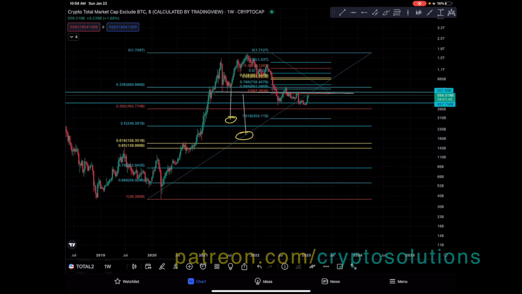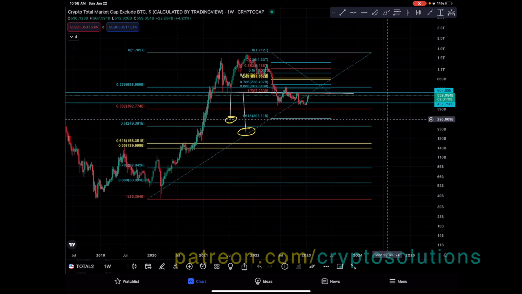The when part, the time frame in which it's going to happen, is not determined just yet. But that would be the scenario right there for the altcoin market to have more of a pullback. The very exaggerated target is around $209.76 billion right there. But expect more for this.